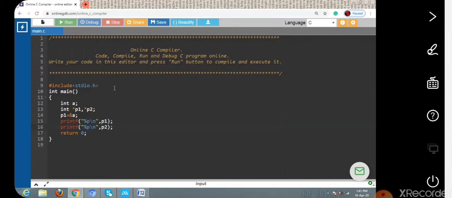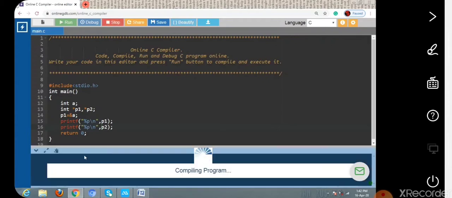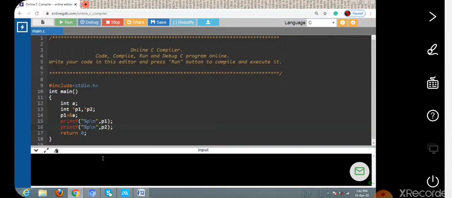we get the output. Here the pointer variable p1 is initialized with the address of a, but p2 does not have any address.